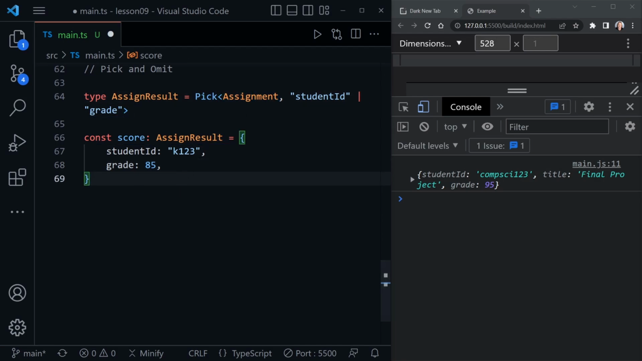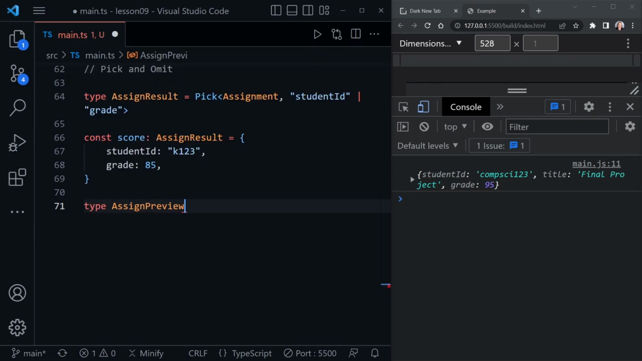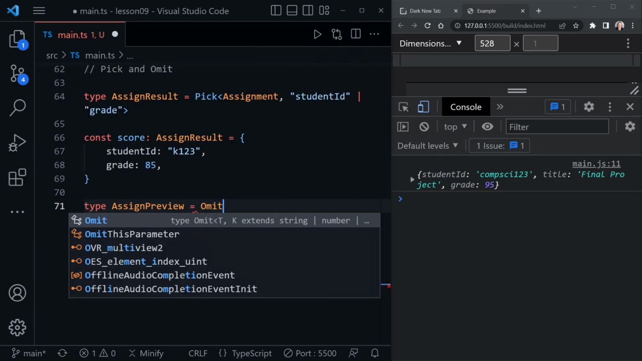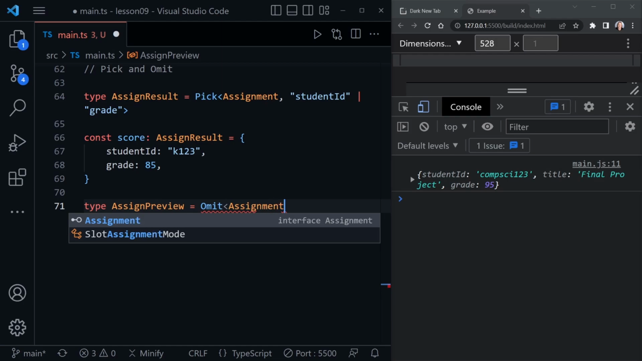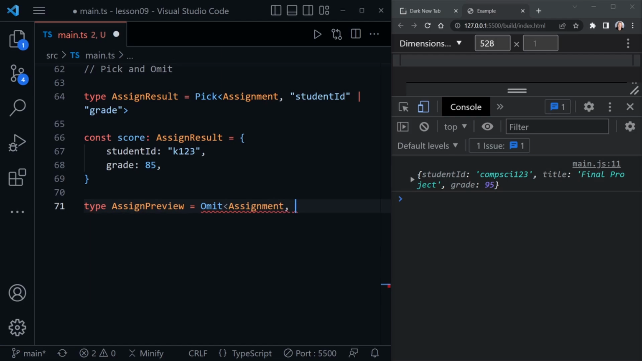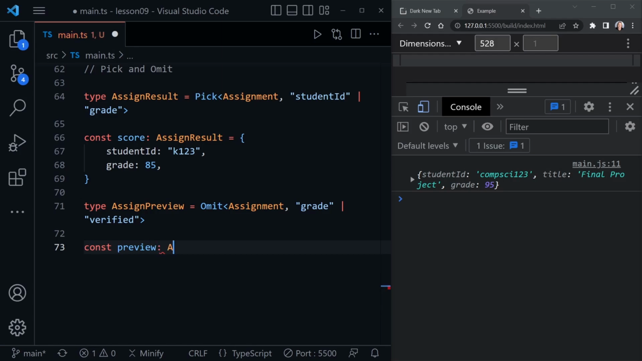And now, as you might guess, omit will do the opposite. So let's say type assign preview, and we'll set this equal to omit. We'll once again pass in the assignment. And now we'll say what properties we want to omit. So we want to omit the grade because we're previewing, we won't have a grade yet, and we want to omit verified as well. So now when we use this, we'll say const preview, and we'll say this is a